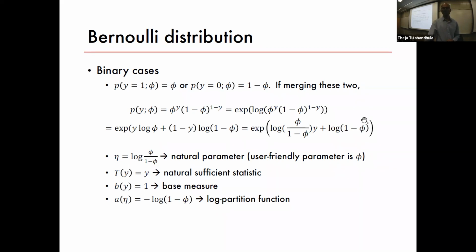And whatever is not a function of y at all, we're just going to put as part of a. A of eta is just minus of log of this. Minus, because if you remember the template, there was a minus. So minus of minus is just plus, right? So that's the log partition function. This was the mapping, just trying to show that the Bernoulli distribution is part of the exponential family.